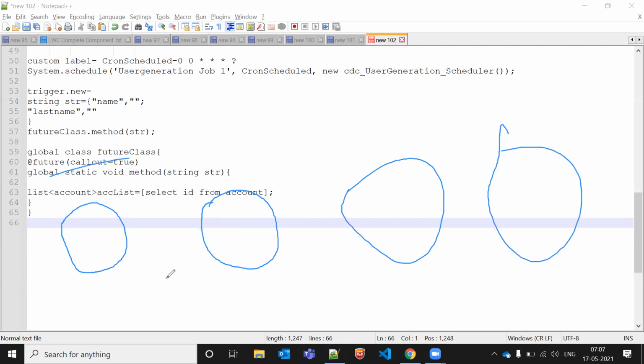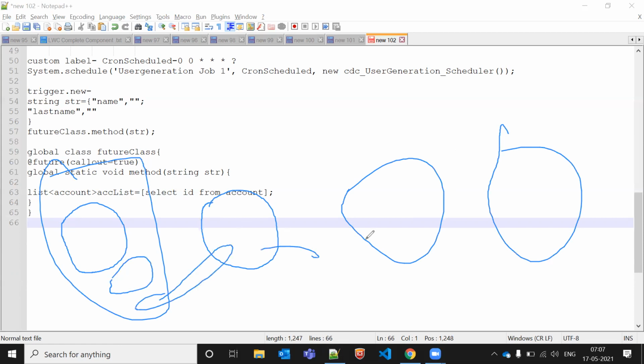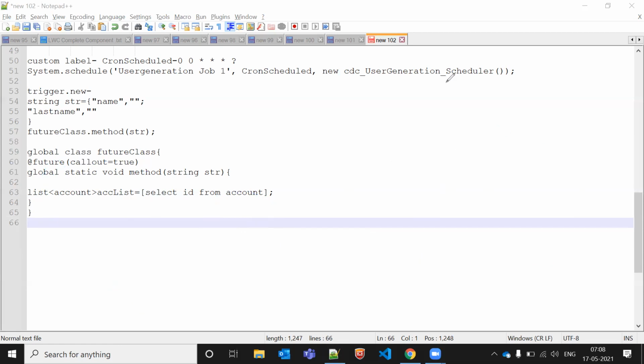This is my main class, and I'm calling all of these from this one. Once the first class runs and executes, then the second class will execute, then the third, fourth, fifth. So this is a queue, it will run in the queue. That is a queueable class.